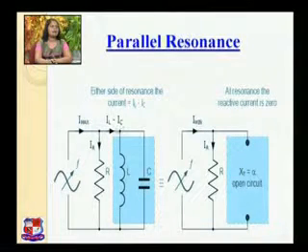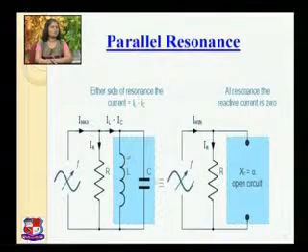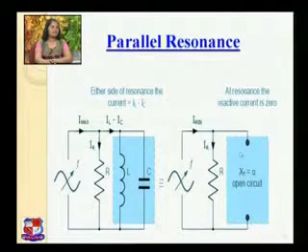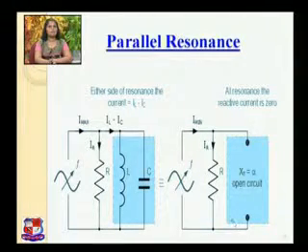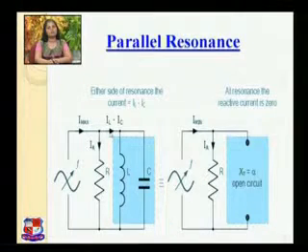It indicates that no current will flow through these two branches, and it will happen only when you consider this portion as an open circuit. So you can redraw this circuit like this. This is our resistive branch, kept as it is, and this is our L and C branch, which is represented by an open circuit, because at the time of resonance the current IL minus IC, drawn in figure 1, is equal to 0.